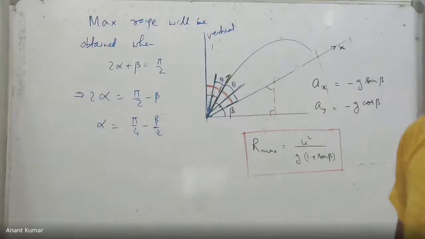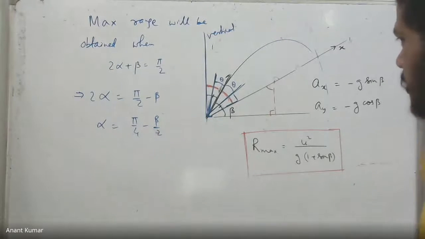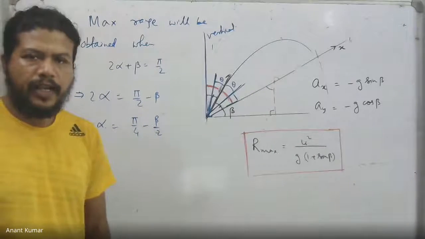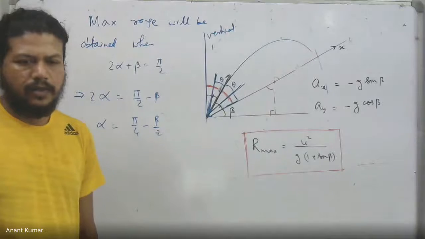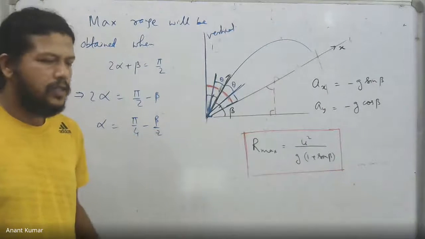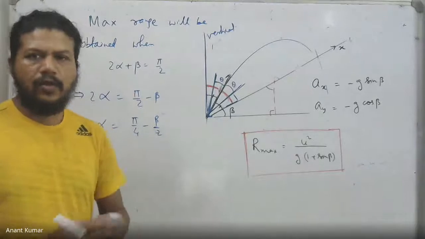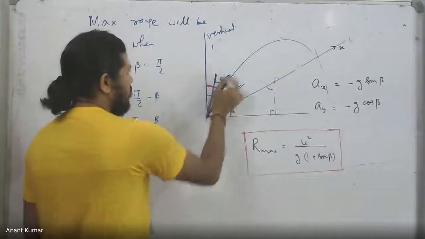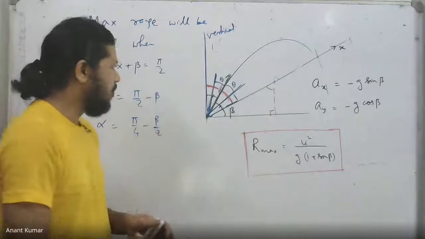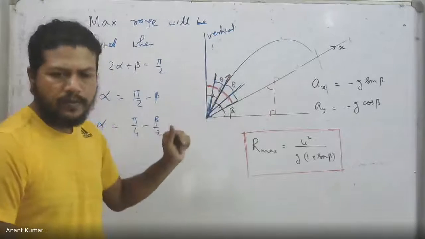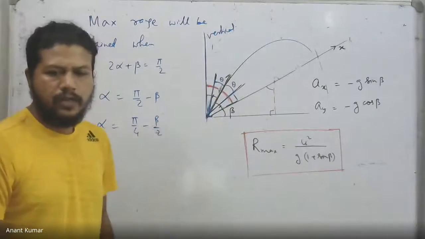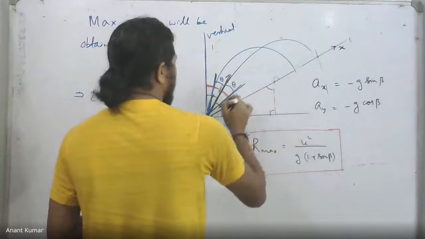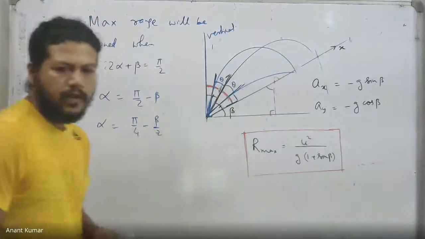The last sentence I said was, when we throw projectiles along directions that are equally inclined to the maximum range direction, the ranges are equal as well. Meaning, in case of ground, it was with respect to the 45-degree line, equal on the two sides. In this case, with respect to the angle bisector of the angle between the vertical and the inclined plane, that was the direction of maximum range. So with respect to that, if I throw two projectiles at equal inclination, one upwards, one downwards, the ranges will be exactly the same. It will be coming out this way and this way. It will be the same range around the inclined surface.